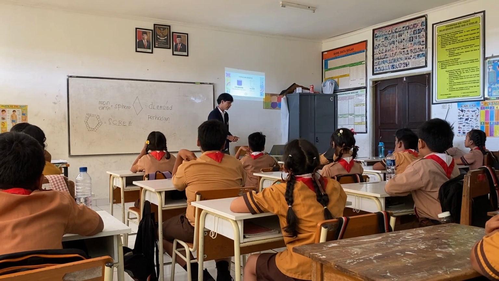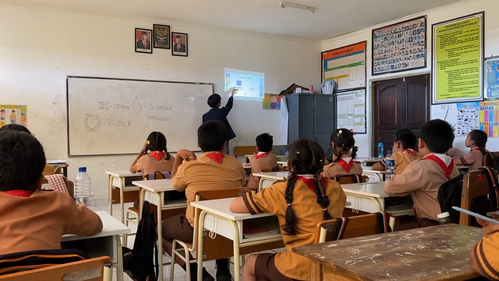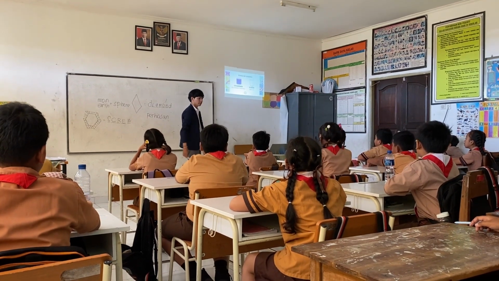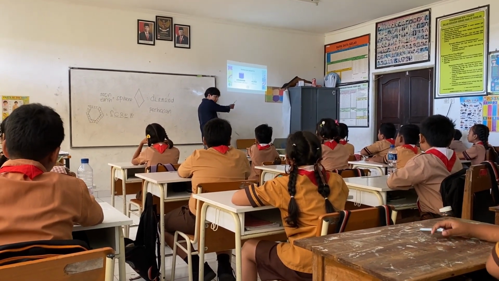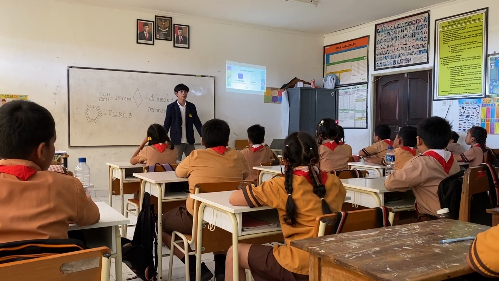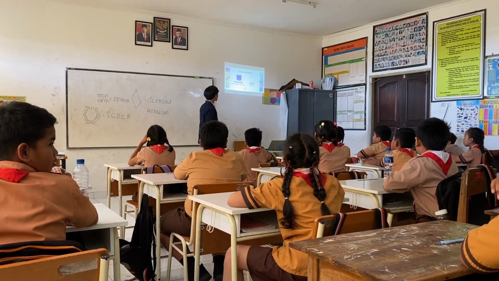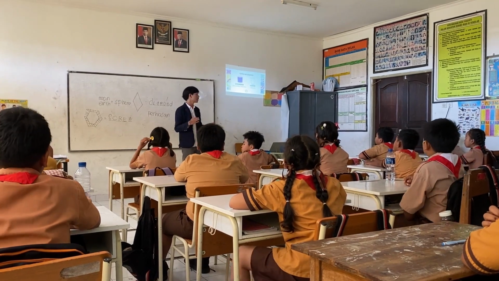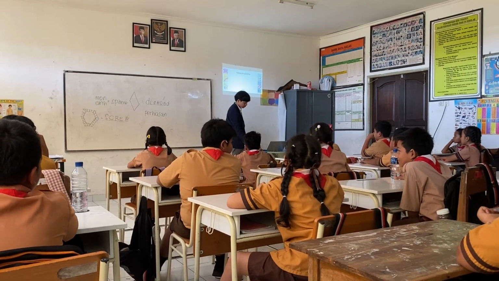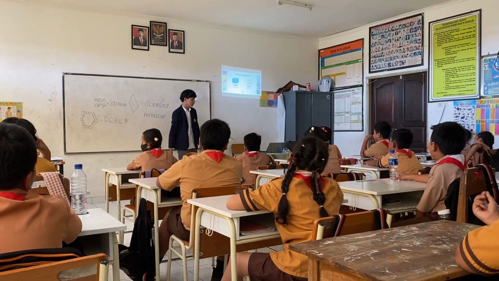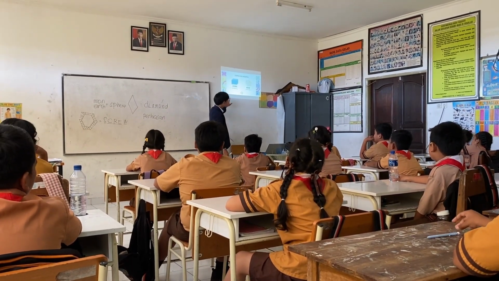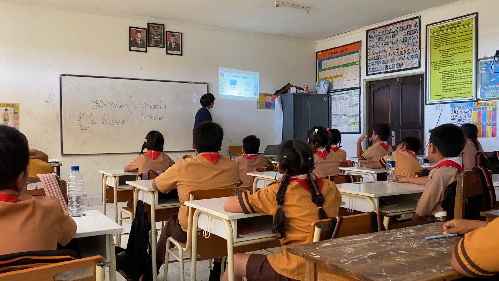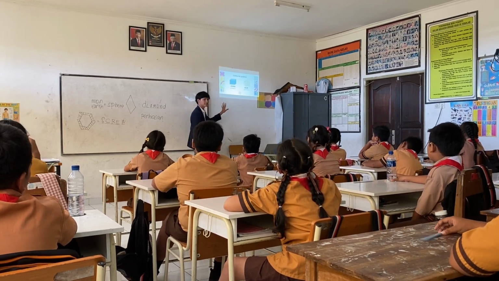Okay, the next one is cylinder. What is cylinder in Indonesian? Does it have a side? No. Okay, that's correct. So a cylinder doesn't have a side. It's the same as a circle, which doesn't have a side. Now moving on to the next shape, cube. What is cube in Indonesian? Okay. And how many sides does it have?